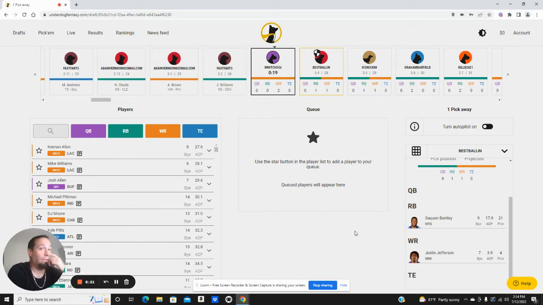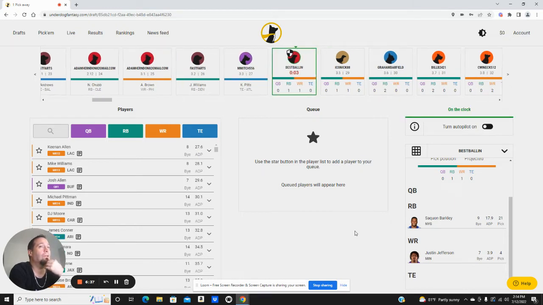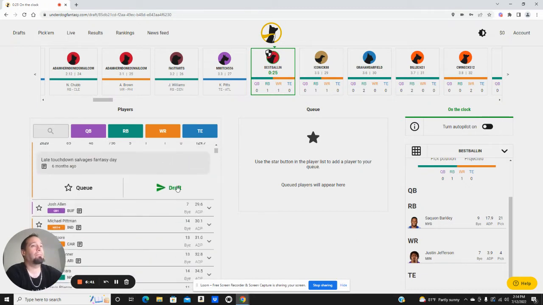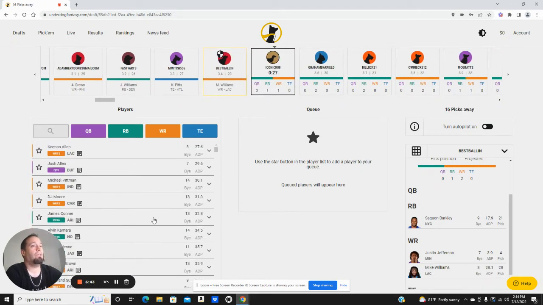And hero RB is actually very popular this year and has not been very popular at all in previous years. Kind of hoping Mike Williams does not get taken with this pick because that's who I'd like to take. I like him quite a bit more than Keenan Allen just because he has that more week winning ceiling, where he can just smash and take over a week for you, win it by himself.